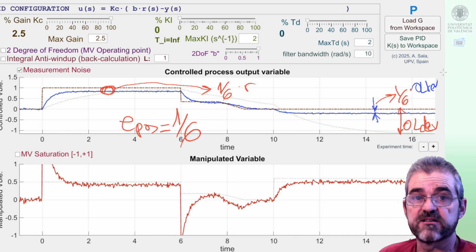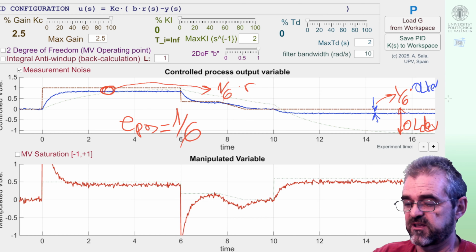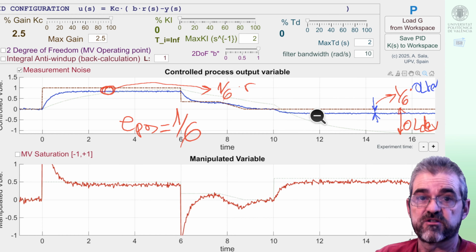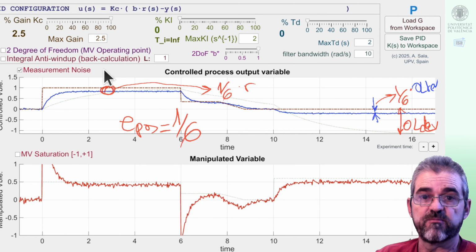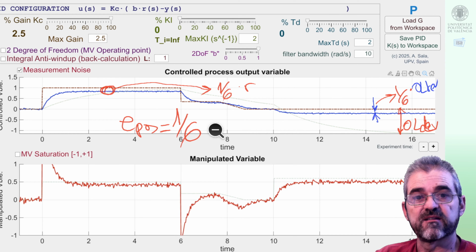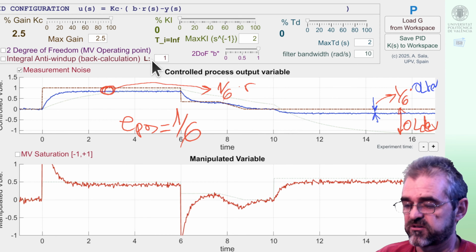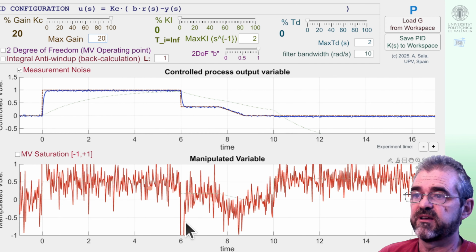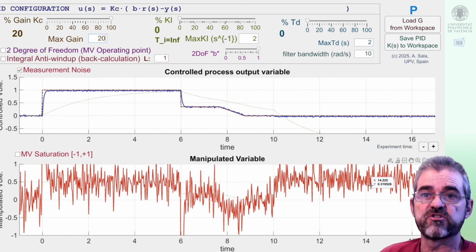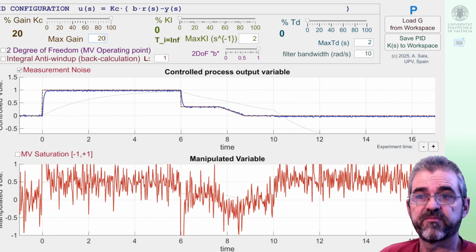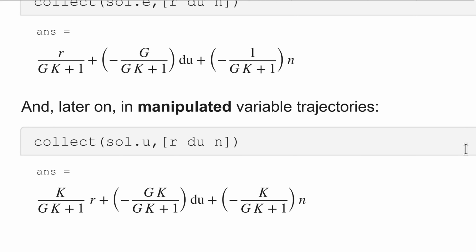So this is the analysis of the final value steady state error in disturbance rejection, or well, the same number appeared in set point tracking analysis. And then the remaining thing we need to discuss is why I get this high frequency amplification of the measurement noise. In order to do that, we will analyze the behavior of this transfer function, the effect of measurement noise